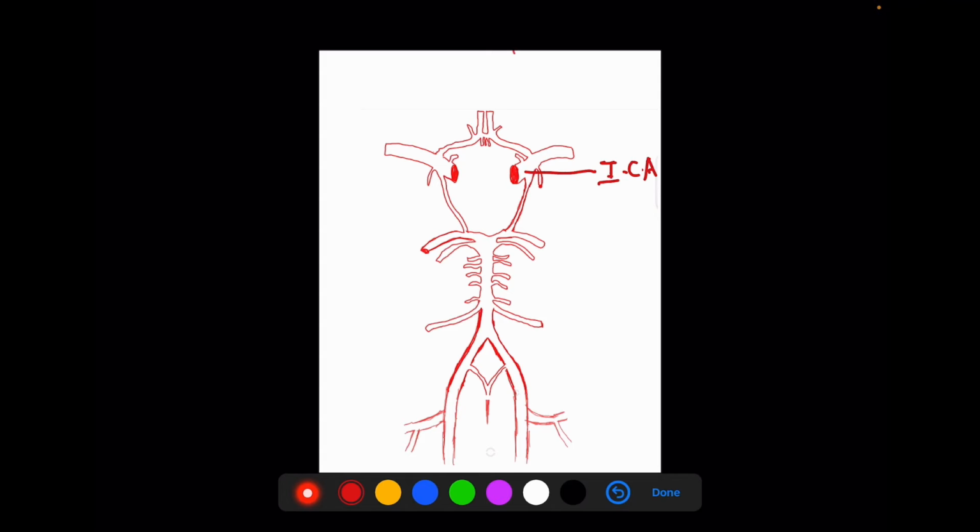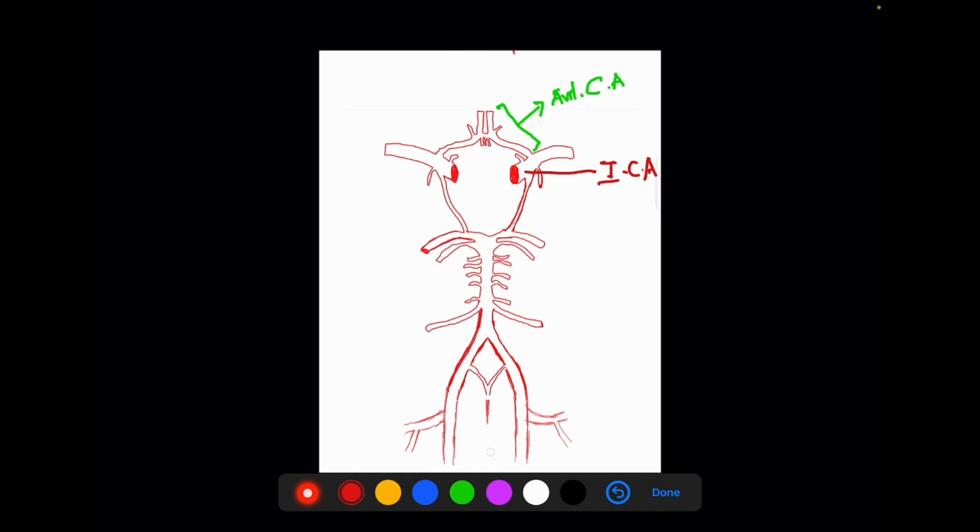As you can see, just here, this whole branch is called anterior cerebral artery,